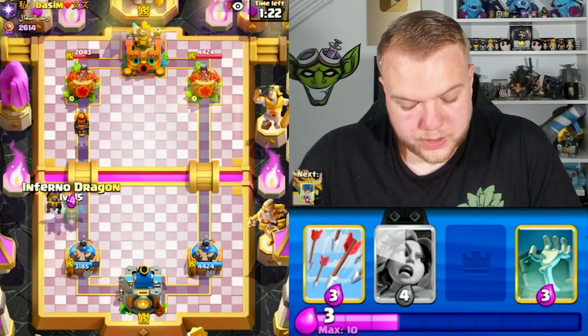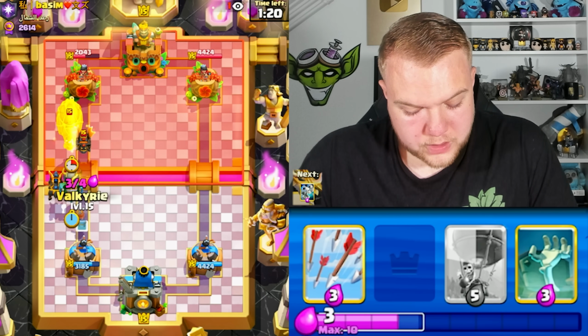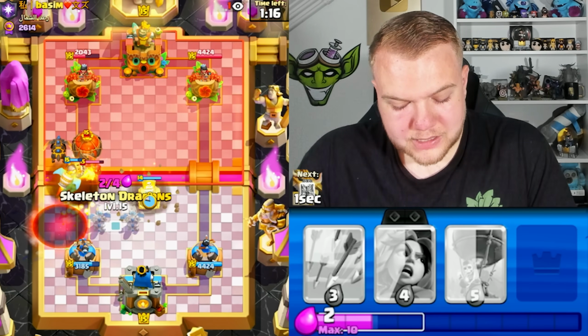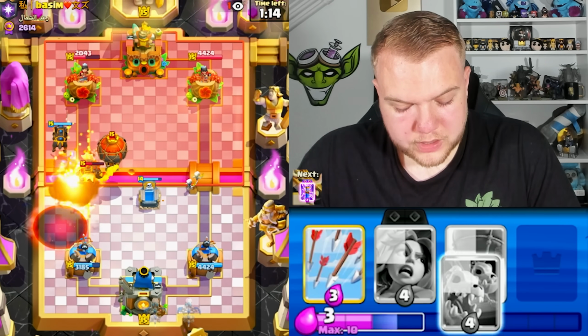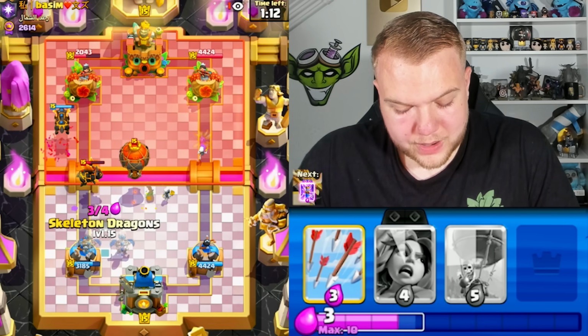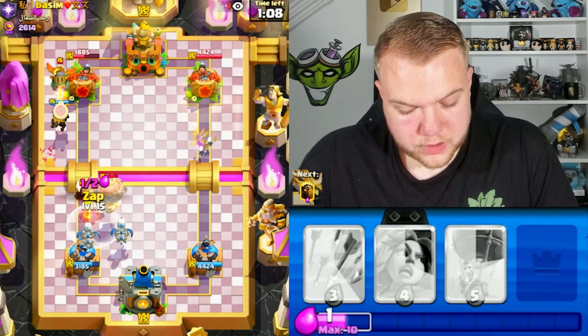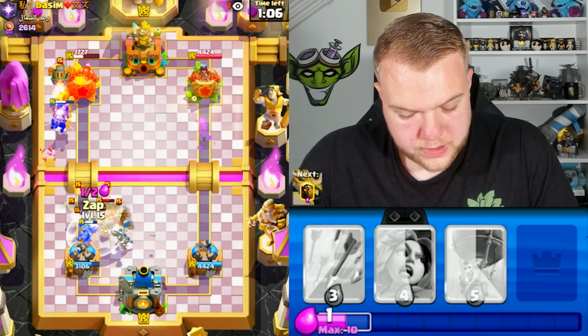And the Zap. Okay, let's go Inferno Dragon here. Let's have the Valkyrie ready to block. Looks like he does go with his balloon. I think I'm gonna go Tombstone like this. He does also go with a Void Spell. Let's have the Skeleton Dragons ready afterwards. And hopefully our Lava Hound should be able to get a decent amount of damage while we try to defend as good as possible. Should we go Evil Zap or should I go...